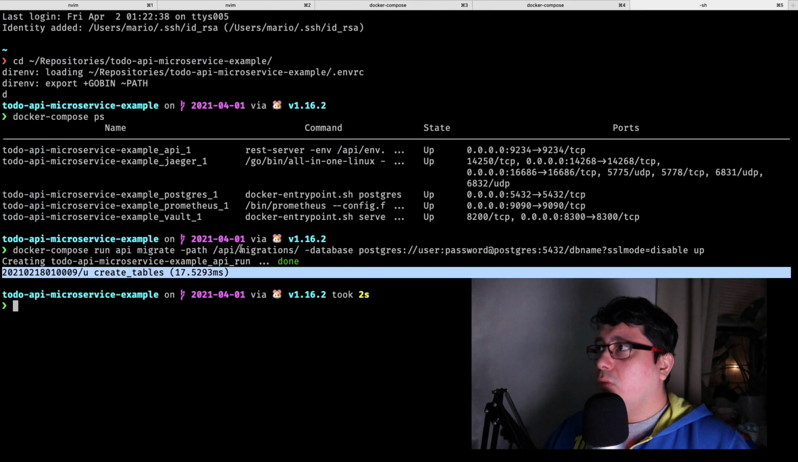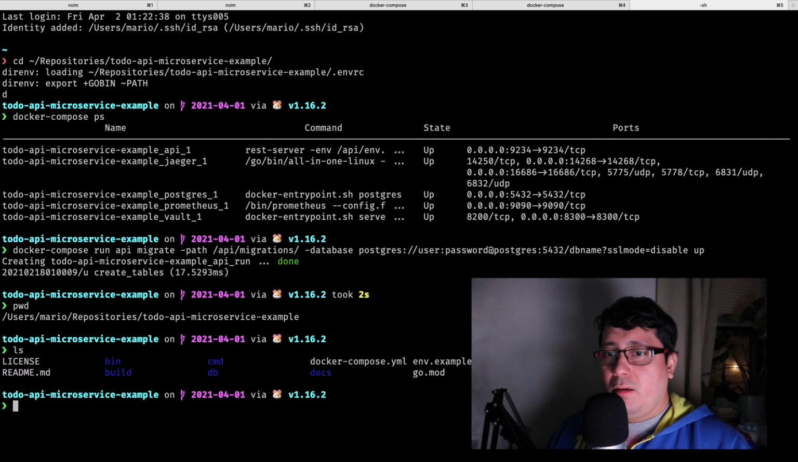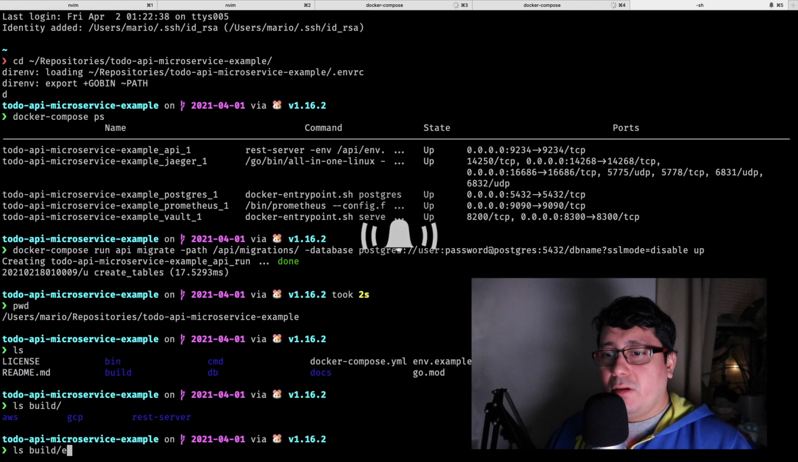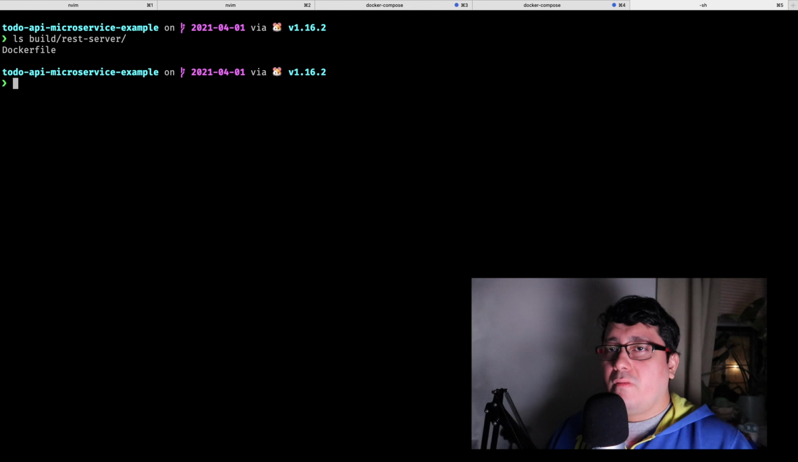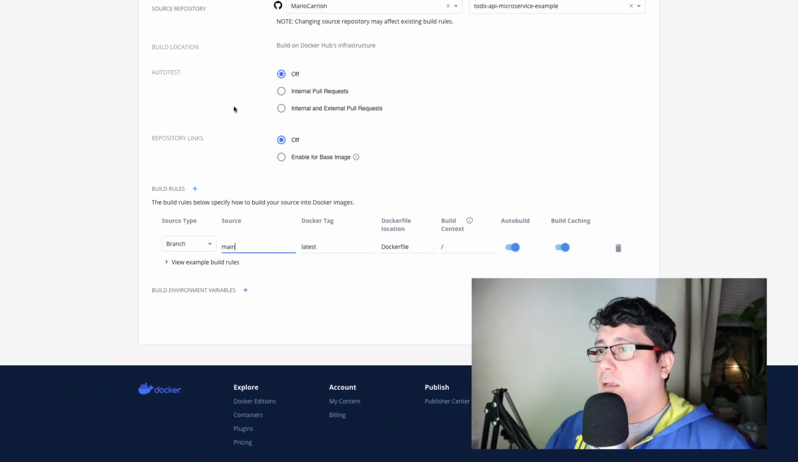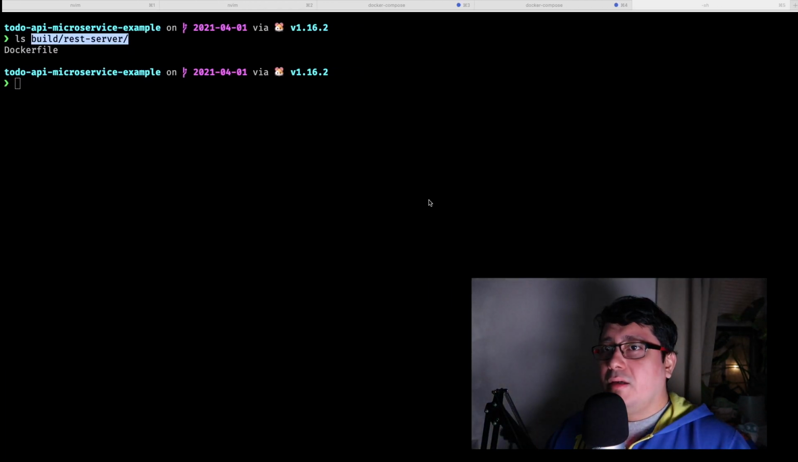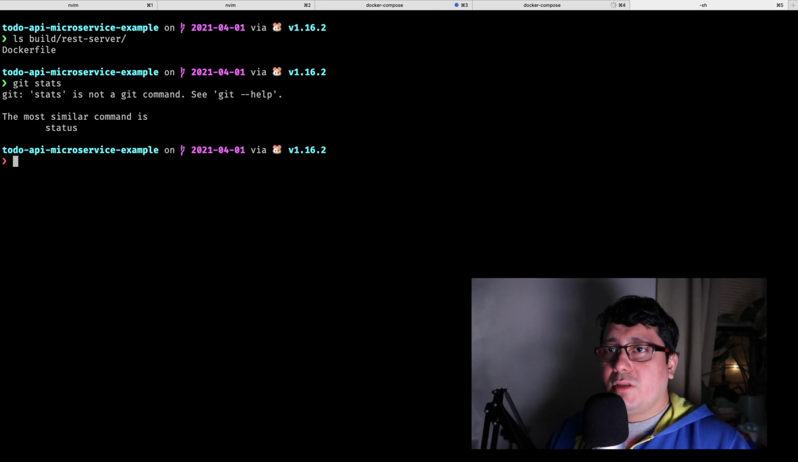And if you look at my path, I have it under the REST server. So it will be build REST server Docker file. So you can put Docker tag will be latest, Docker file, build REST server Docker file. And I can do save and build. So if I go and push this one,